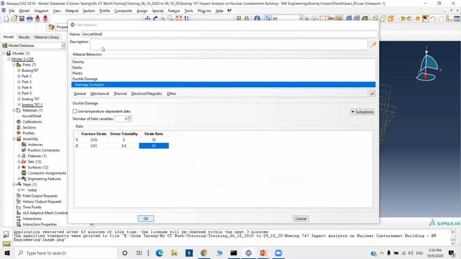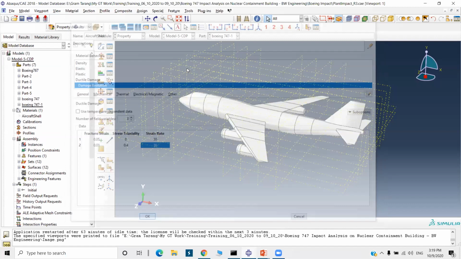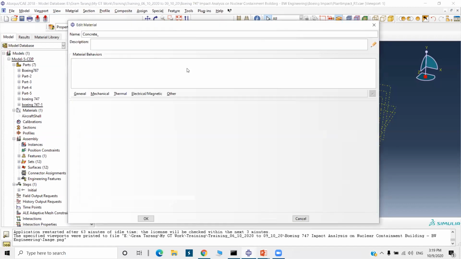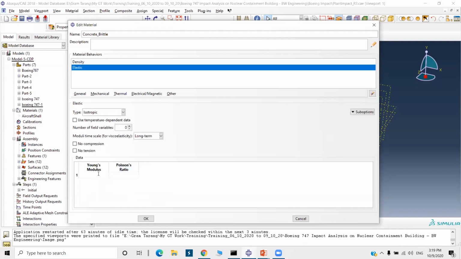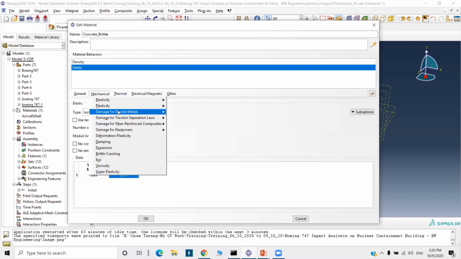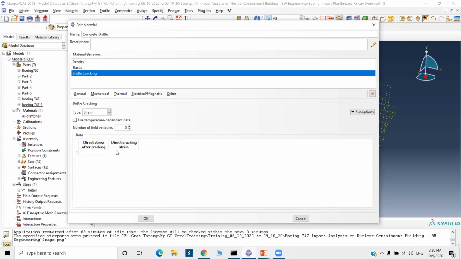The next material is concrete. Then Young's modulus and Poisson's ratio: 6e9 Pascal, and 0.17 Poisson's ratio for this concrete. For the concrete, we have to define brittle cracking, type is strain.